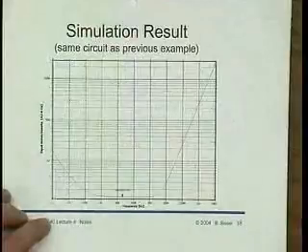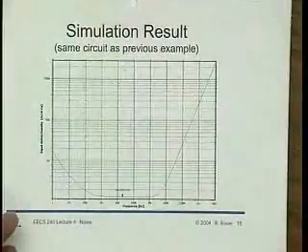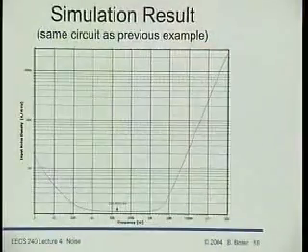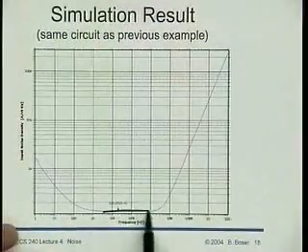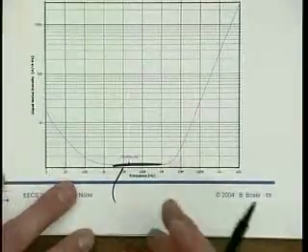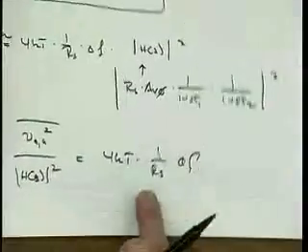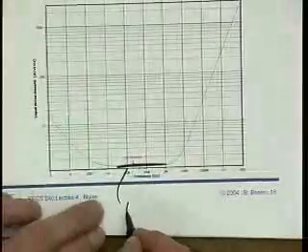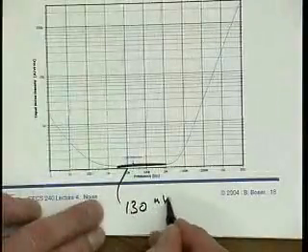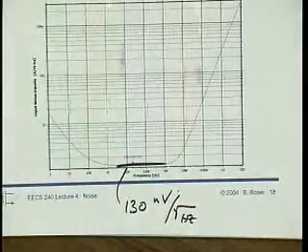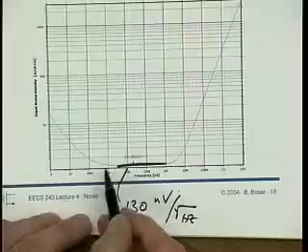In SPICE it's also possible to tell SPICE to simulate this. And now something interesting happens. This is the input referred noise source here, and I calculated that right. We can calculate this. It's about 130 nanovolts per root hertz, and that again just matches SPICE. Then at lower frequency here we have